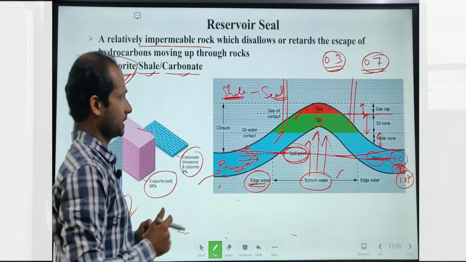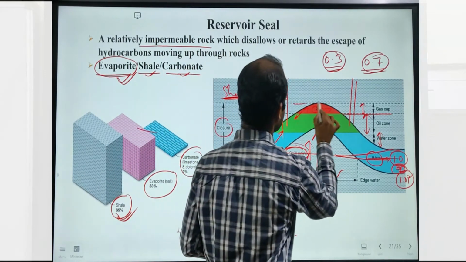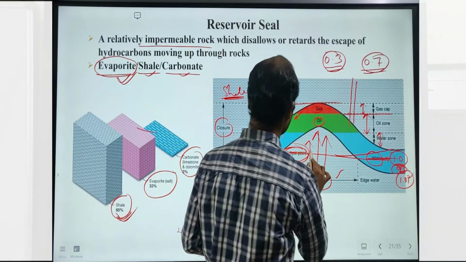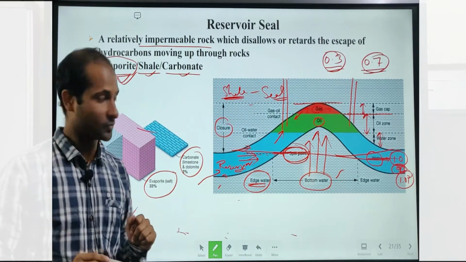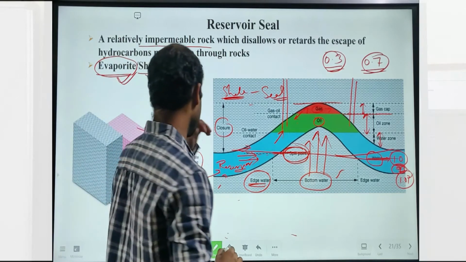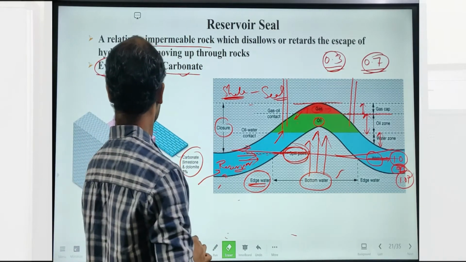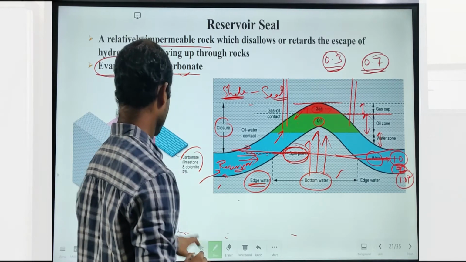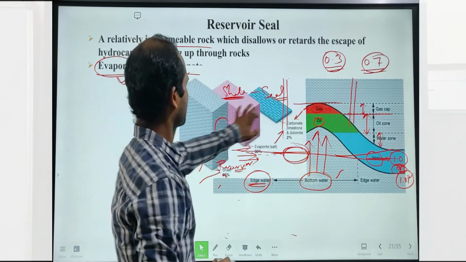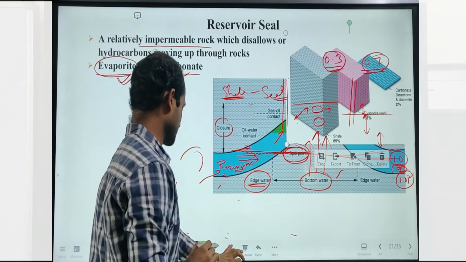Okay, and as we have already discussed, the whole structure from the top crestal part of the structure to the spill point we call the structural closure. Related to this we have a principle which we call the Gussow Principle, and what is this Gussow Principle? This Gussow Principle says